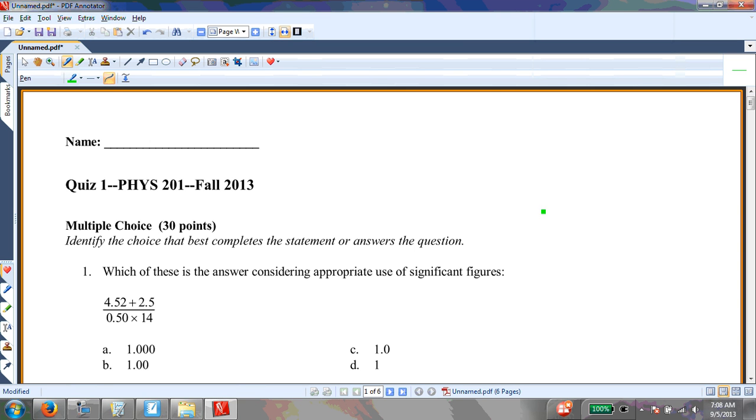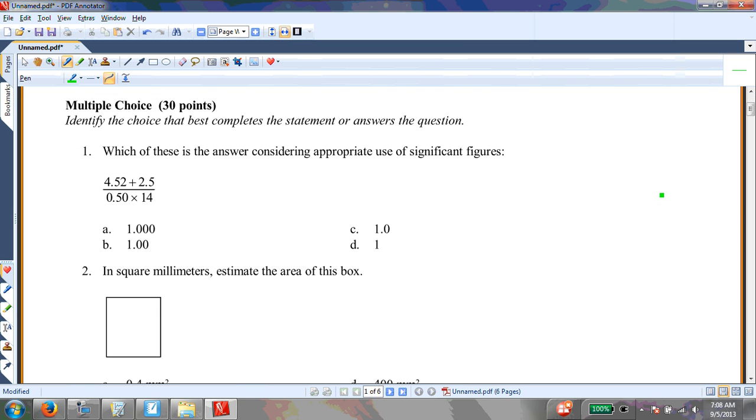Alright, so this is quiz 1 for physics 201. Which of these is the best answer considering appropriate use of sig figs? Here I have an addition. I'm going to keep the lowest number of decimal places, which is right here, so it's going to be 7.0